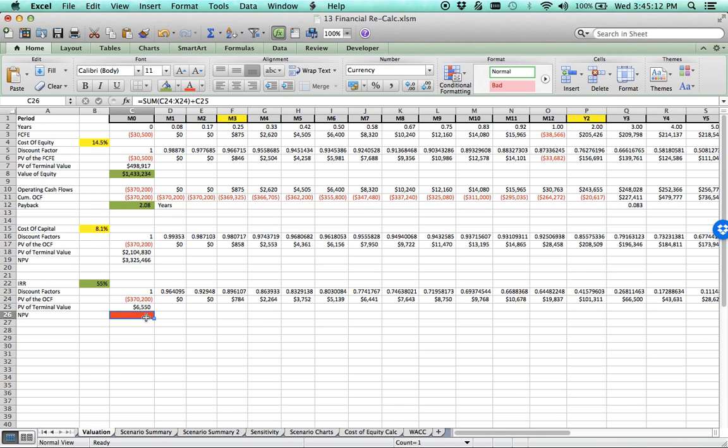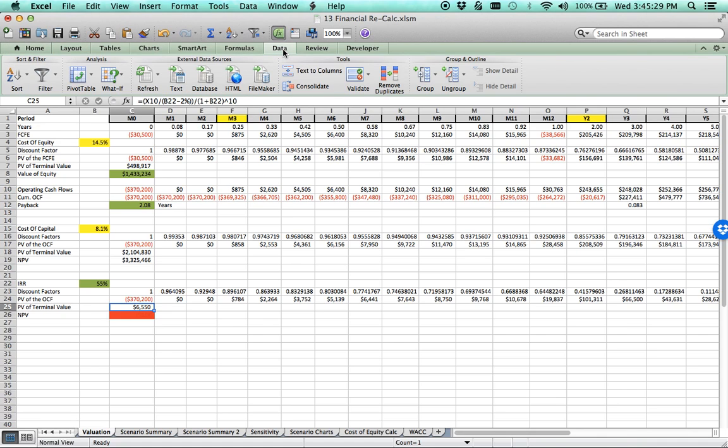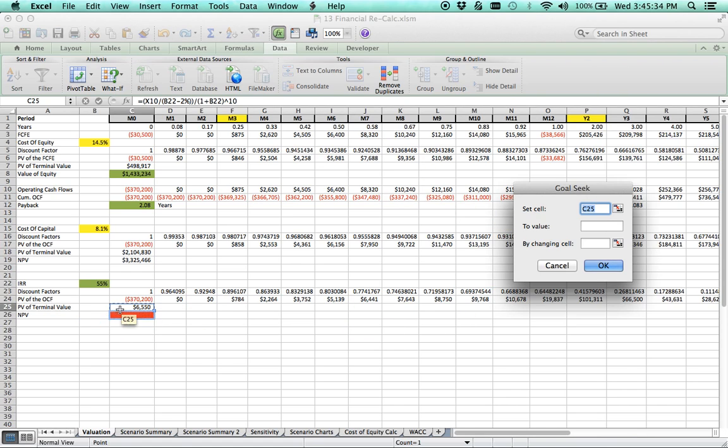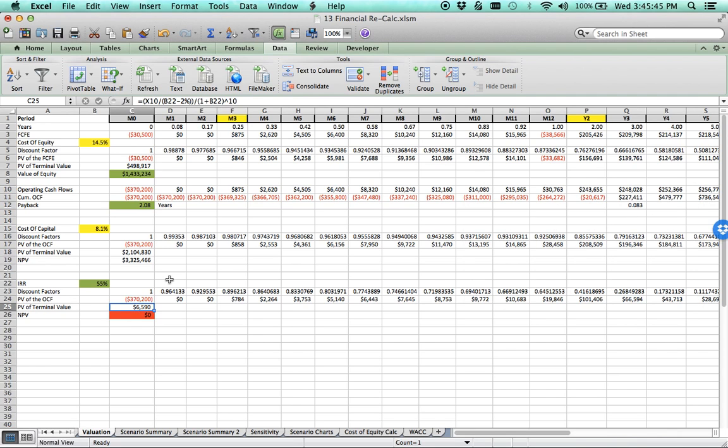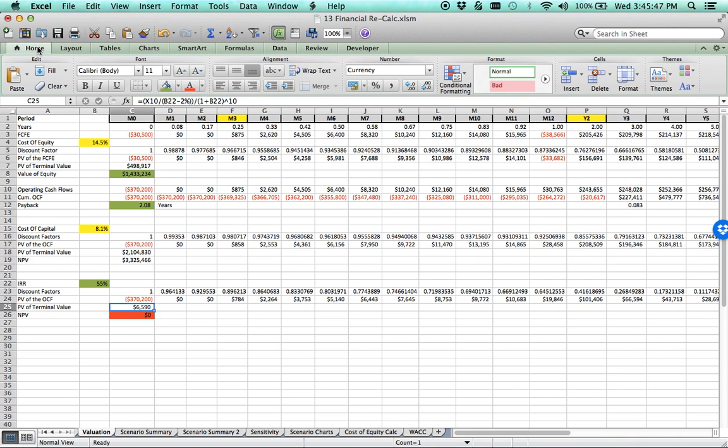The one that's not going to change automatically is your IRR, calculating your IRR, and that's not going to change automatically because we have to do the what if on that. So again, we could go back to the data, what if analysis, do goal seek, and I'm going to set cell C26 to 0 by changing the IRR. Okay, probably not going to change it a whole lot, but